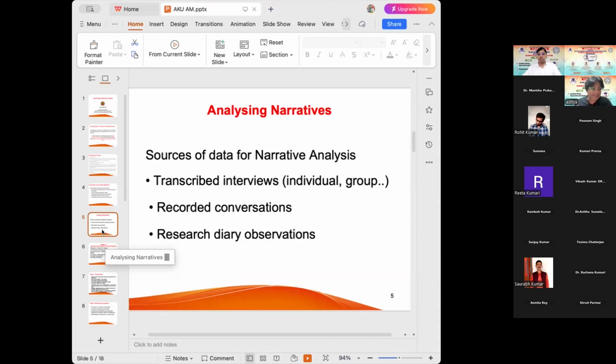Second is that the ethical factor has to be taken care of. That is, before you go for the narrative, you must, and that's a must, take either verbal consent or written consent. Generally, we do not get written consent because people in our part of the world, or in most developing countries, are skeptical about giving written consent about what they are talking. And many times they give you verbal consent. Of course,